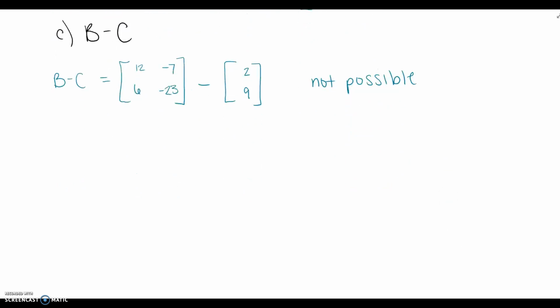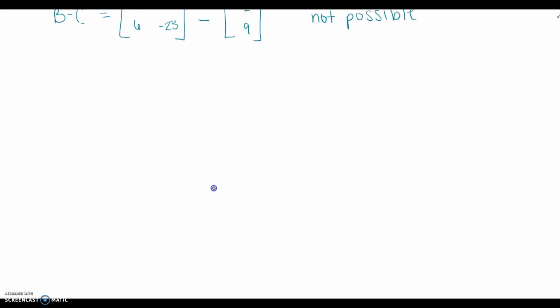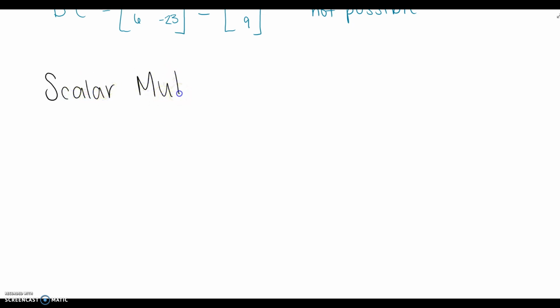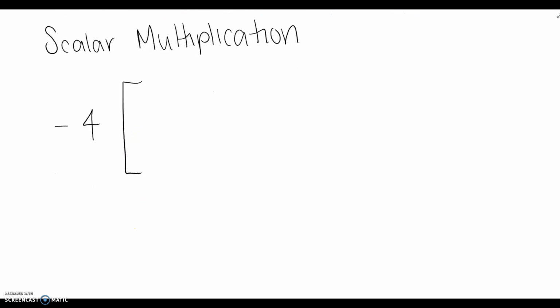Alright, finally, we're going to talk about scalar multiplication real quick. So scalar multiplication is very easy and intuitive. We're just going to do an example, and we're not even going to do a U-try. So if I have negative 4 on the outside times the matrix C 2, negative 9, 7, 3, negative 11, 4,